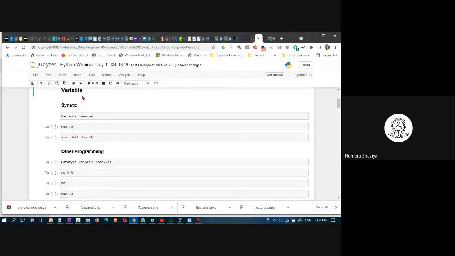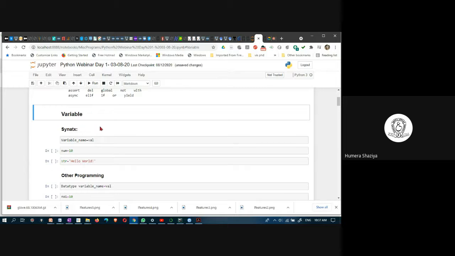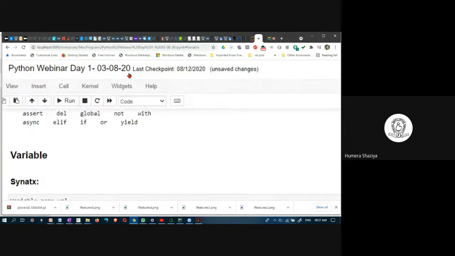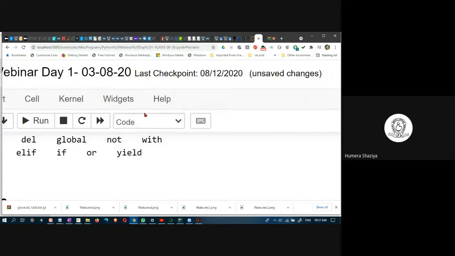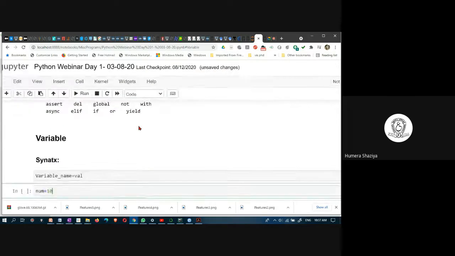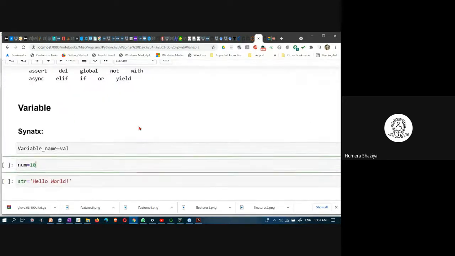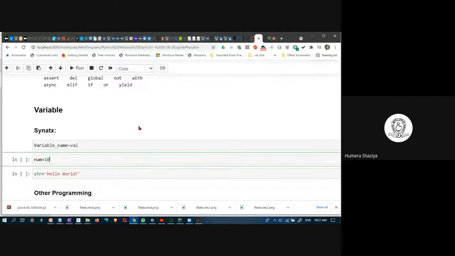And this one is also markdown cell. This is also markdown. And this one also I made as a markdown cell, which is showing the syntax for the variable. Now here you see code, meaning this is the executable cell. Which is the executable cell? This num equal to 10. This one is the executable cell.